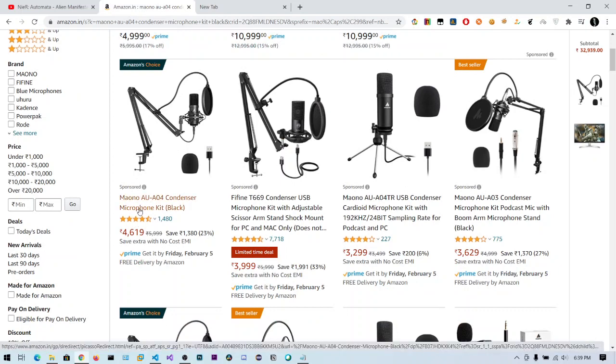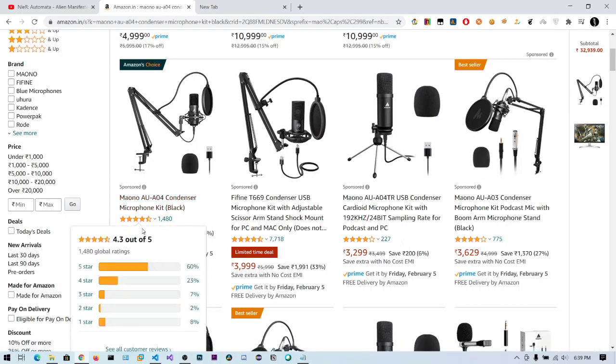Last night the price of this mic was 29 something, like 2900. So it's almost half of the price. But this afternoon the price has changed to this 4690. I thought to buy this, but within even 15 hours the price got turned back to this 4619.